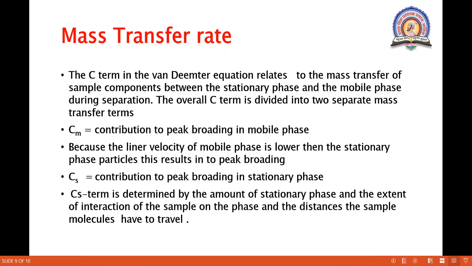So in this way we complete all the terms which are included in the Van Deemter equation. So this is nothing but the rate theory. So students, in the plate theory we discussed that figure. You have to remember that figure and how the working takes place. And in the rate theory, you have to remember the Van Deemter equation and the terms related to that; you have to learn those terms.